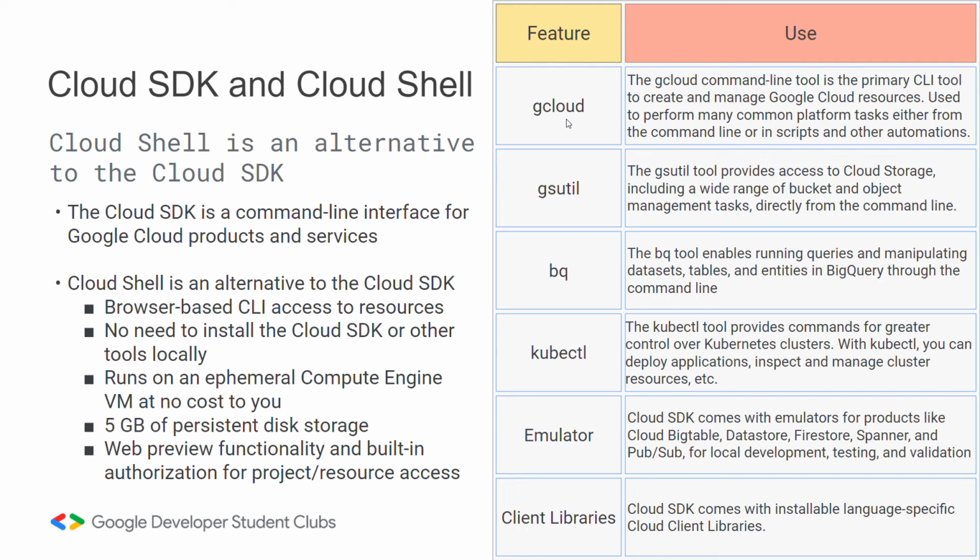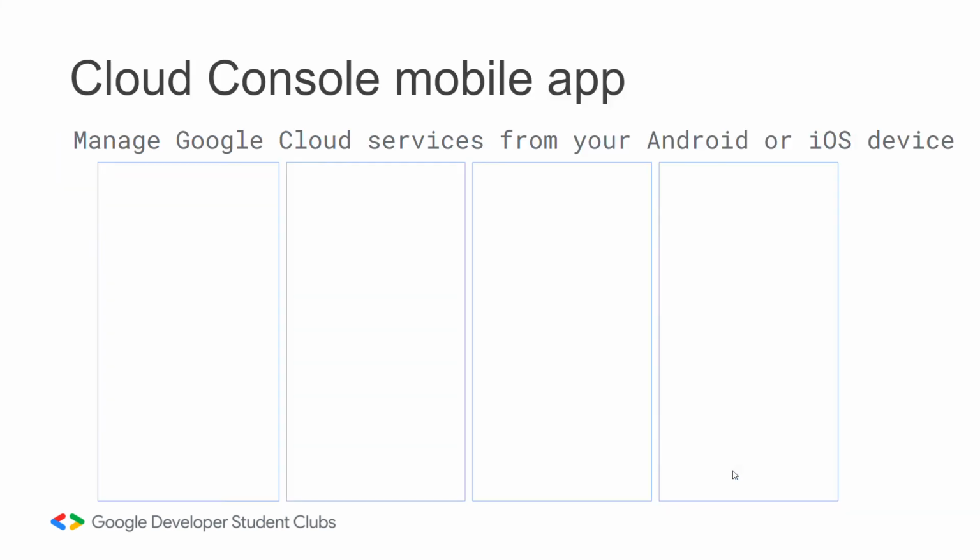And then we have some features that we can use in Cloud Shell or Cloud SDK. One of those is gcloud. Obviously, we all use it. It's the primary CLI command line tool which we use to create and manage Google Cloud resources. Then we have gsutil. So gsutil is for Cloud Storage. Then bq means BigQuery, so it has to do with Google's data warehouse, BigQuery. Then kubectl. We all must be aware of what Kubernetes and containers are. So kubectl is basically a command to manage all these containers and applications. Then we have emulators as well. So we can have Firestore, Spanner. These are all emulators. And then we also have client libraries with us.